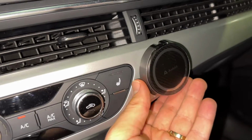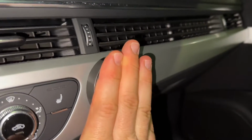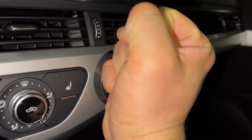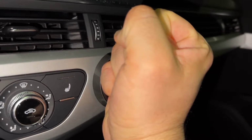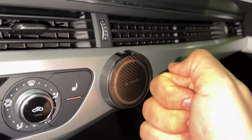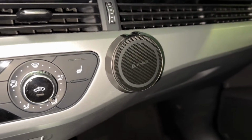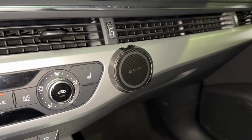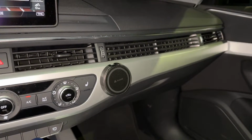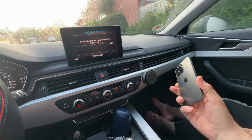This mount for cars has built-in 20 strong and 55 magnets. The magnetic force is much stronger than a common 15 magnet holder on the market, even when our car is taking sharp turns or driving on the bumpy road. Our phone will never drop from the phone mount for a car and distract us. The car phone mount has an annular closed magnetic field, not interfering with the signals, to keep the navigation and calling